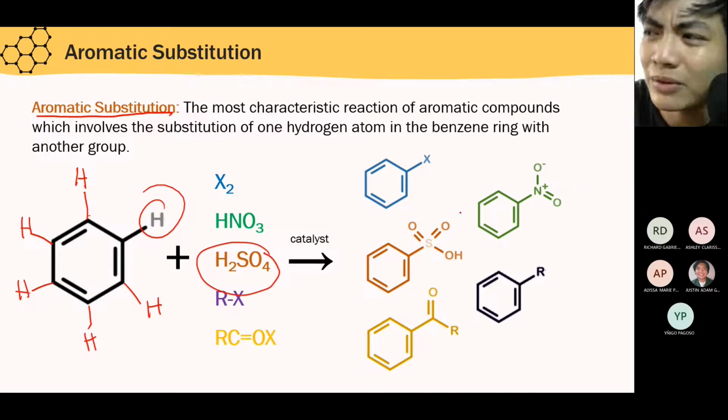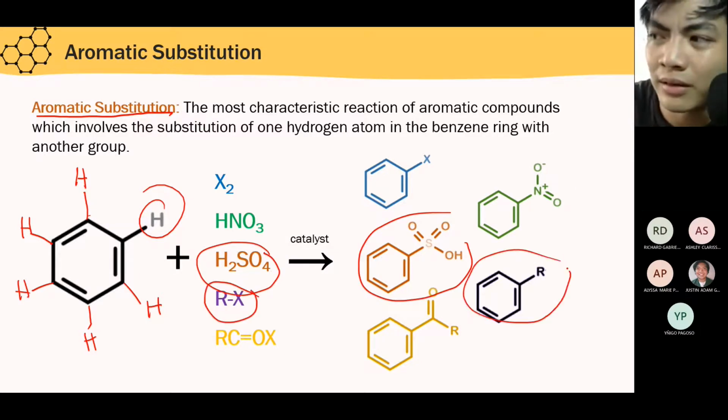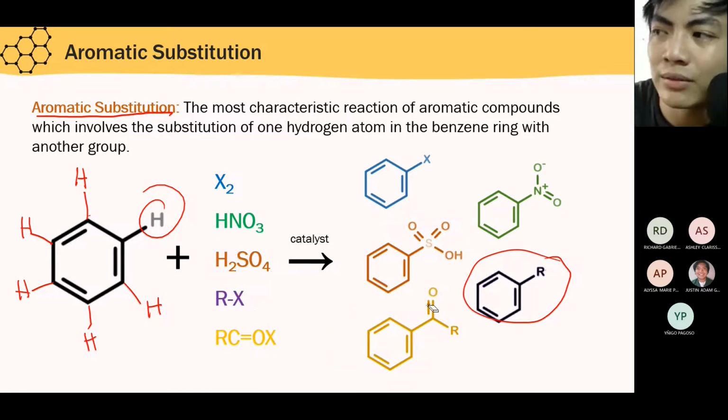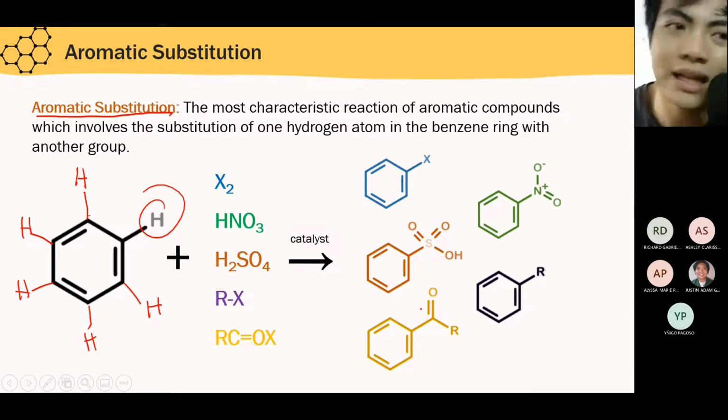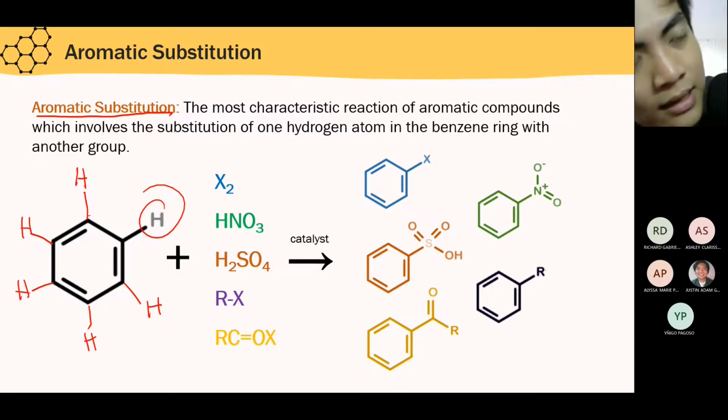Kunwari, ito yung kinabit mo, ito yung magiging product. Okay? So, ganun. Mapapansin mo, hindi lahat ng atom kakabit sa kanya. Only specific portion. Only specific portion of the molecule yung ikakabit natin, yung ipapalit natin rather sa hydrogen